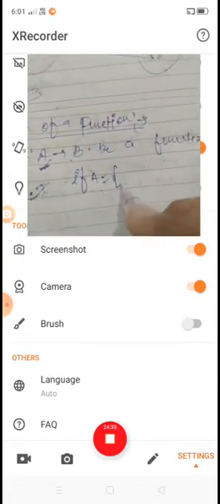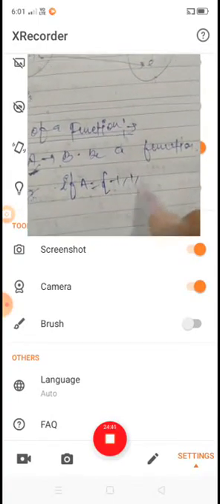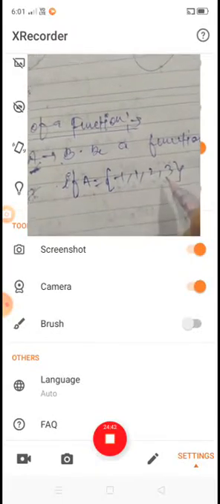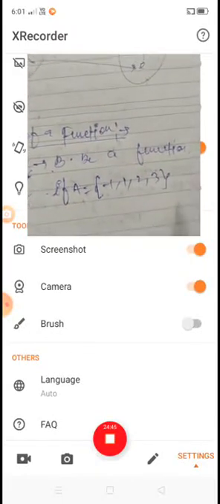For example, suppose set A is equal to {-1, 1, 2, 3} and B is the set of real numbers.